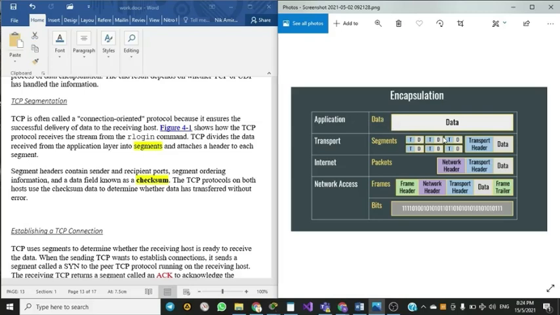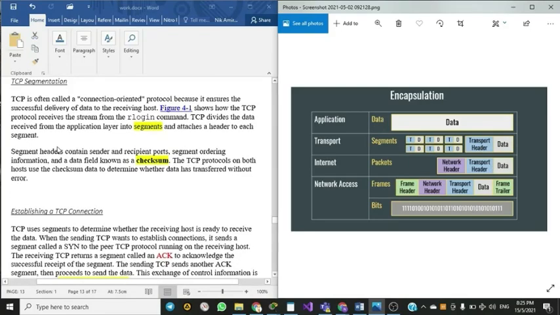So the data is split into segments and it will attach a header to it. The segment header will contain the sender and the receiving port, segment order information, and a data field known as checksum. The TCP protocol on both hosts uses the checksum data to determine whether the data received has been transferred without